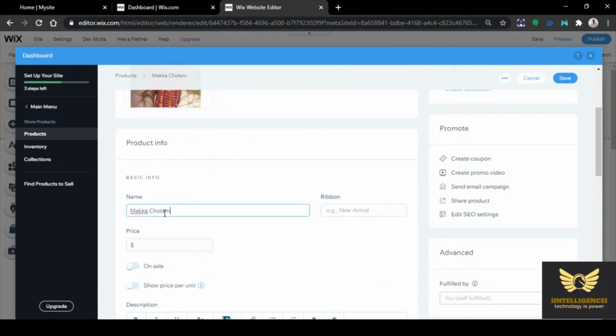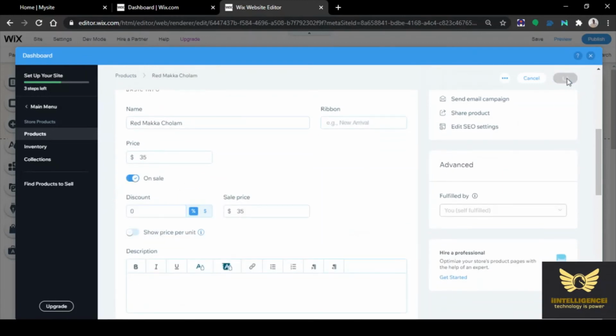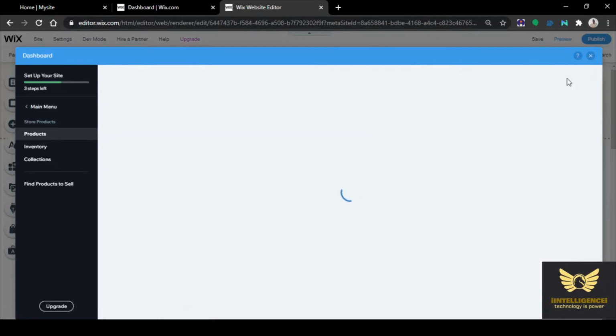Write the name, Makkacholam. Red Makkacholam, okay. Price. On sale. Click save.